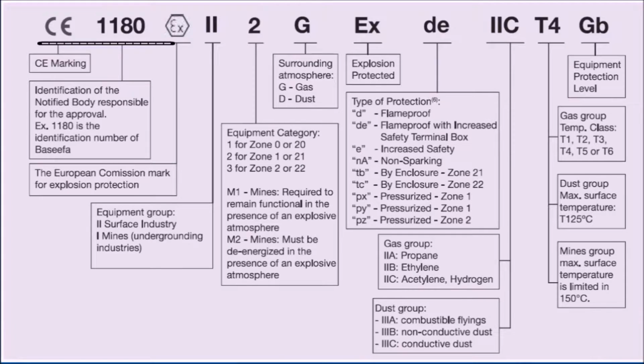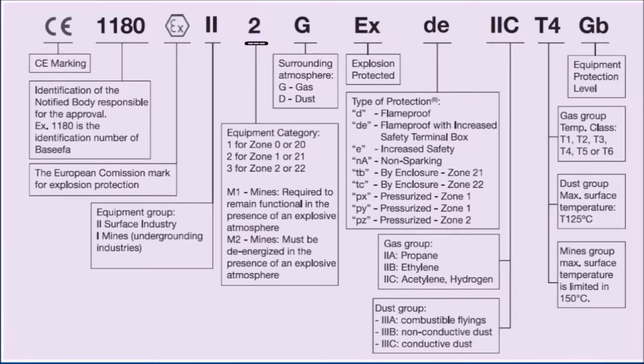The first three items are the CE mark, the body responsible for the approval, and the European Commission mark and ATEX marking. The next digits outlined here are the equipment group: Latin capital II, meaning surface industry, and I, meaning mines or underground industry. The next outlined digit is the equipment category: 1 for Zone 0 or 20, 2 for Zone